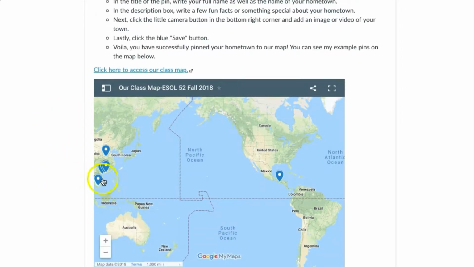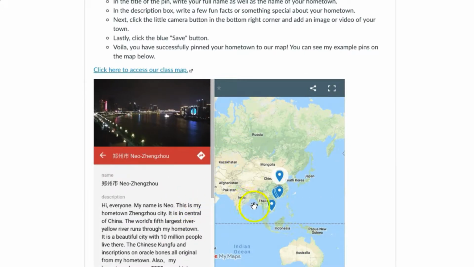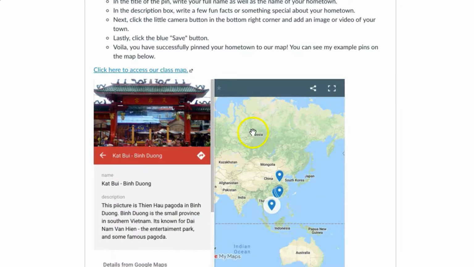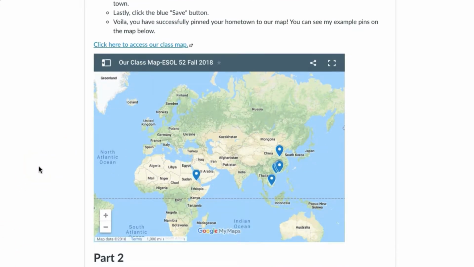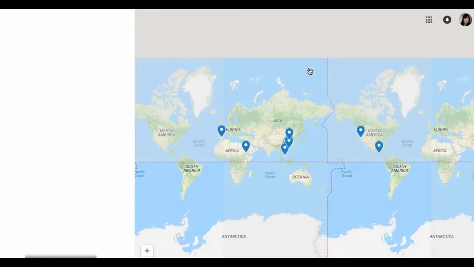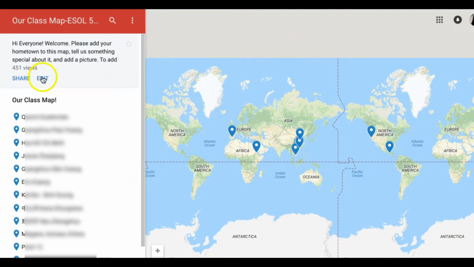So here you'll see that our map is embedded into the discussion forum. However, we can't actually edit here. This is view only mode. So for them to be able to edit, they'll click this link here, or they can also click this box that says view larger map, and it will open up our map in a new window. They'll click edit,